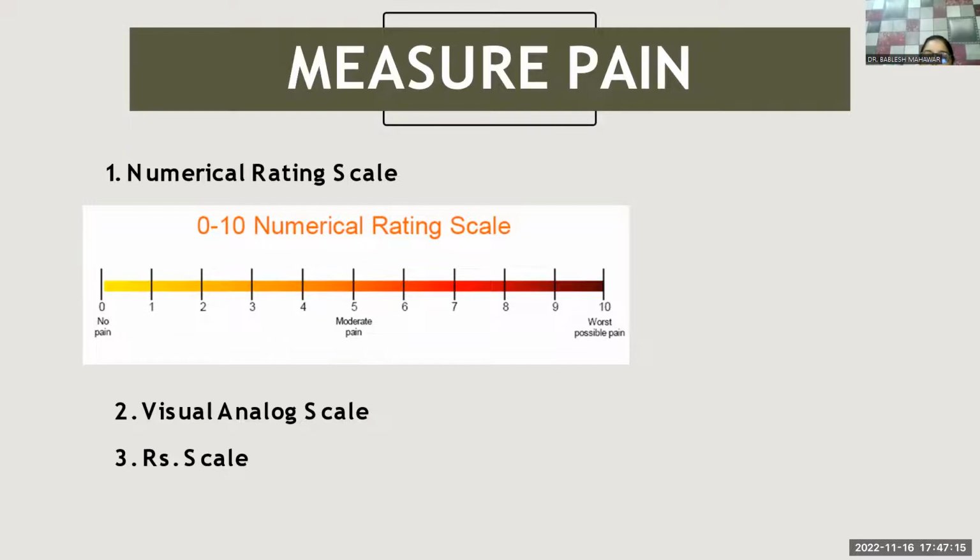Visual analog pain scale: you are just showing the patient the scale and asking where the pain stands between 0 to 10. One more in India is the simple rupee scale, that is, how much paisa pain you have. That is much easier for the patients to understand. Next slide, please.